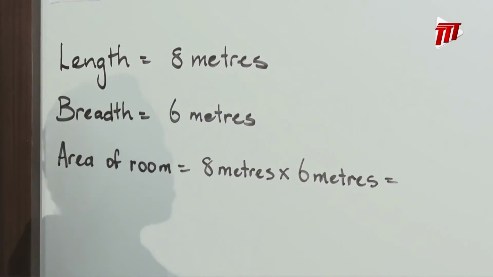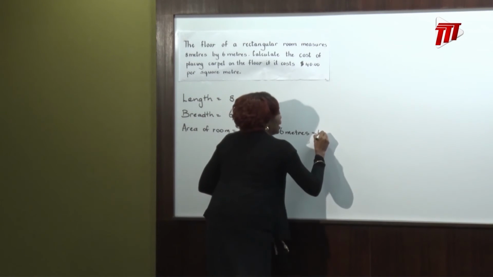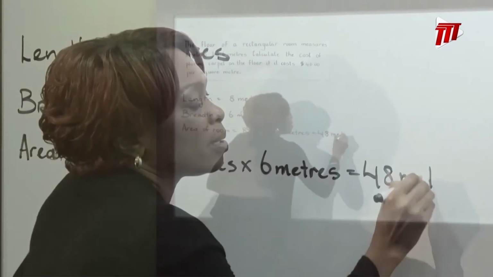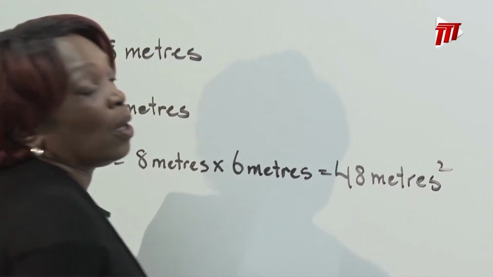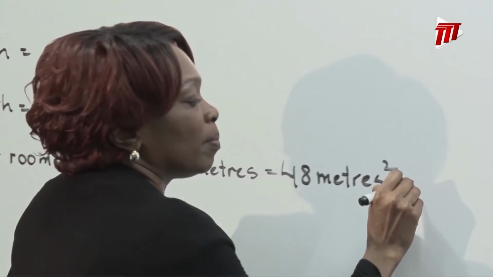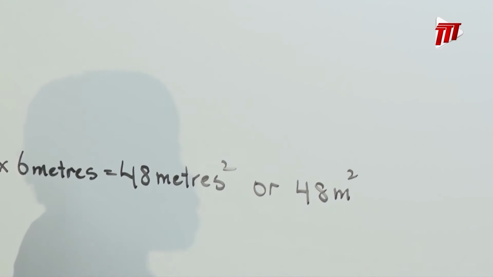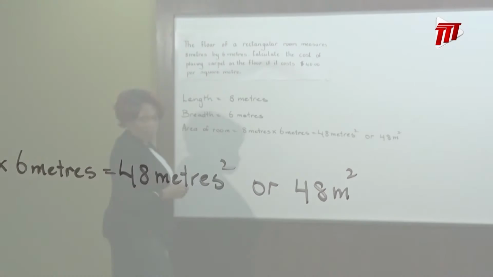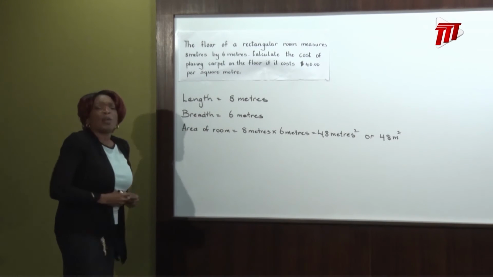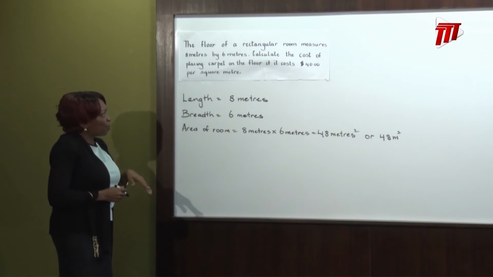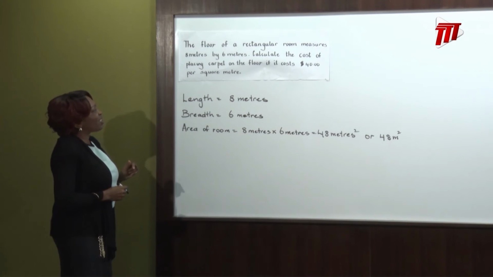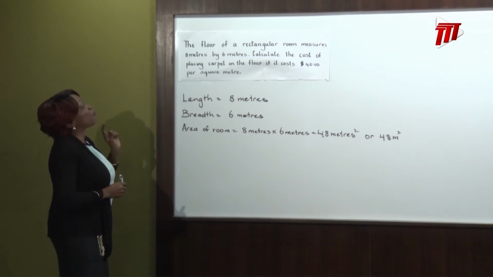So what will we get? We will get 48 meters squared. Or you can write it like this too, you know. Either way, you are absolutely correct. Okay, children? Now that we found the area of the room, calculate the cost of placing carpet on the floor